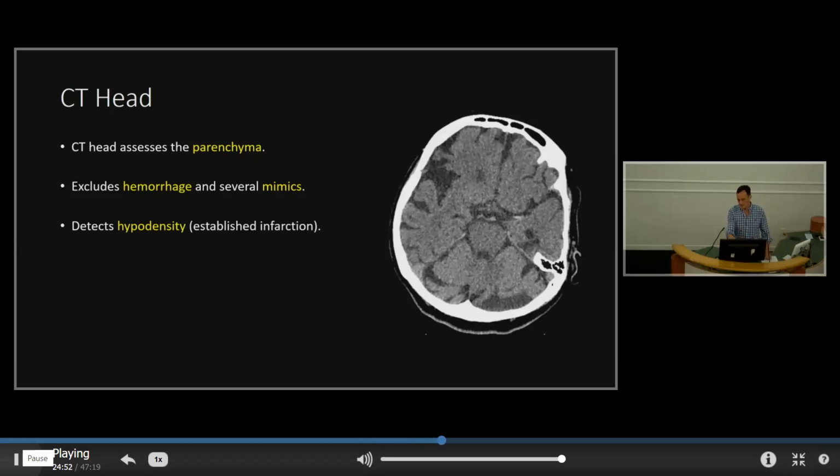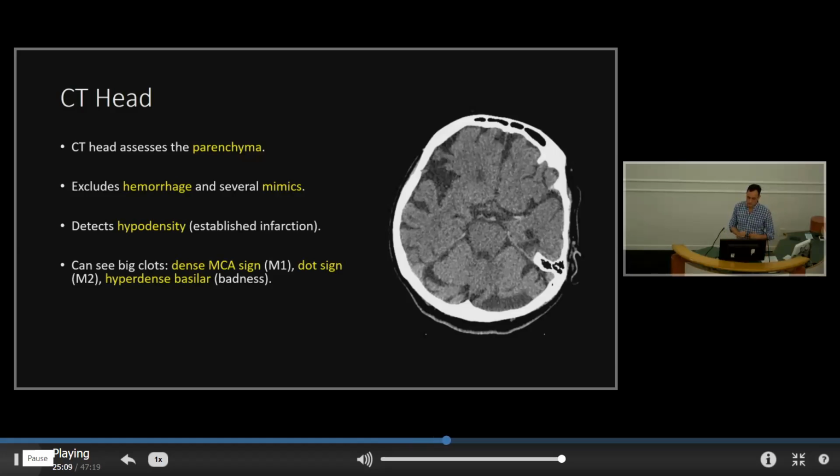Now, on this CT head, you've got dark areas, and that is just representing spinal fluid. There's no brain tissue there, it's spinal fluid. But when you've got it in a stroke setting, and it's going to be very subtle because it doesn't appear for at least 2 or 3 hours, you'll see some hypodensity, and that's not good to thrombolize in general.